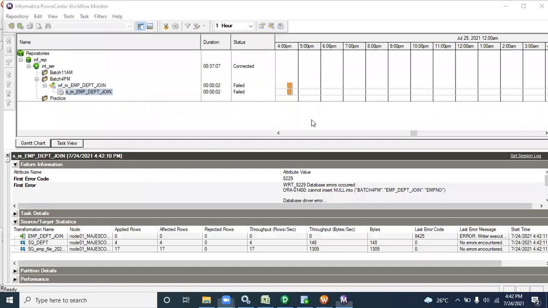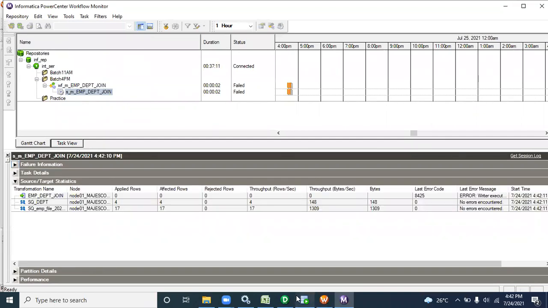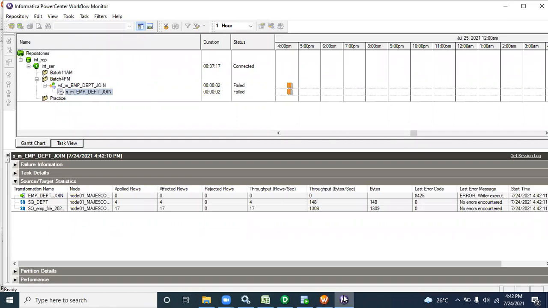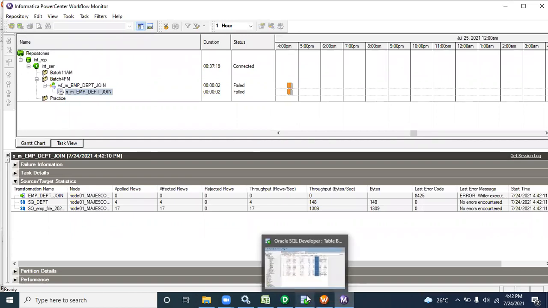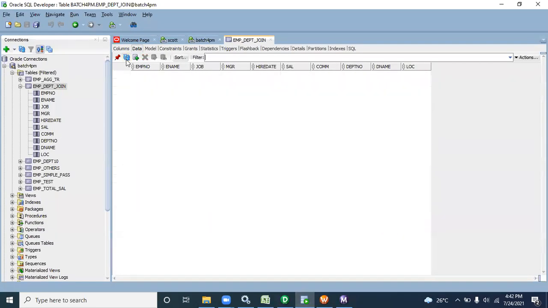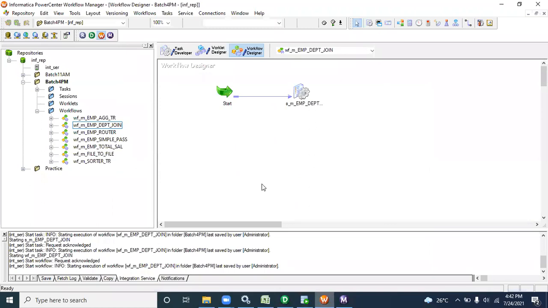Now you can see how many records will be there. Target table. It's not loading. So what is the problem?